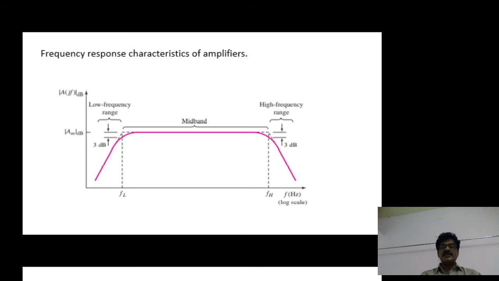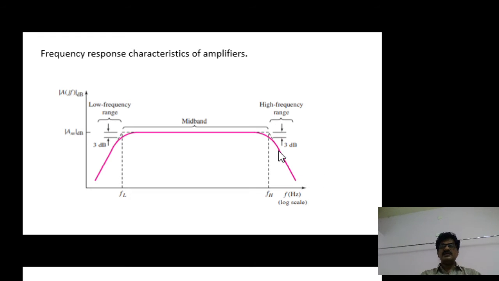Similarly, the bypass capacitor also offers very high reactance. Therefore, the purpose for which the bypass capacitor is used, to avoid the AC feedback, is not satisfied. Because of high reactance of the capacitor, some component of the AC signal passes through the RE resistor, so you get negative feedback, and the gain will be reduced.